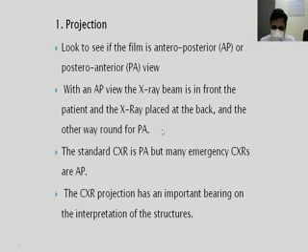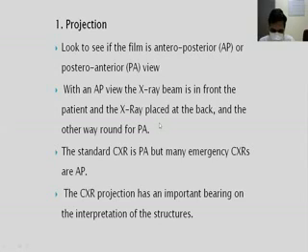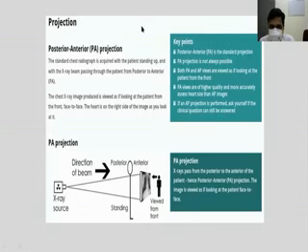So first identify which view it is. Based on that, we can identify structures correctly. Some structures look different on AP view and different on PA view, so that must be known beforehand. So this is projection. This is the X-ray source. From the source, the beam goes through the patient and forms an image on the cassette. This is the patient, and this is the cassette or film where the X-ray image is made. Here, from the source, the X-ray is going from the posterior part of the patient to the cassette. So this is a PA view.